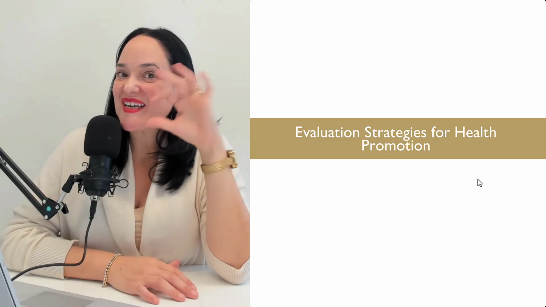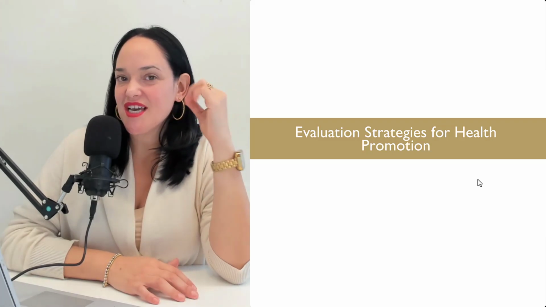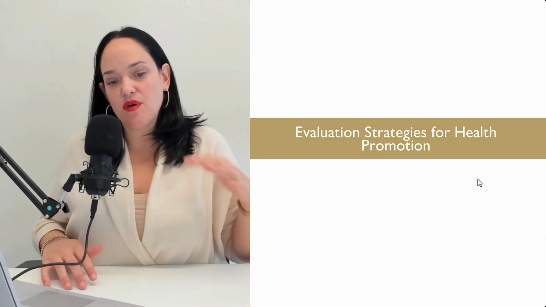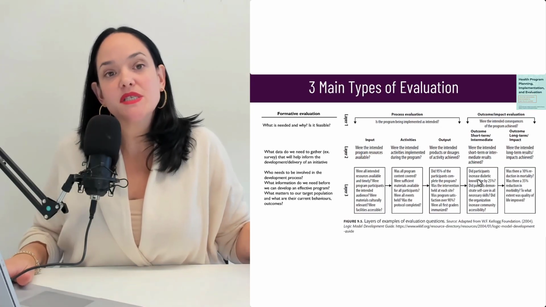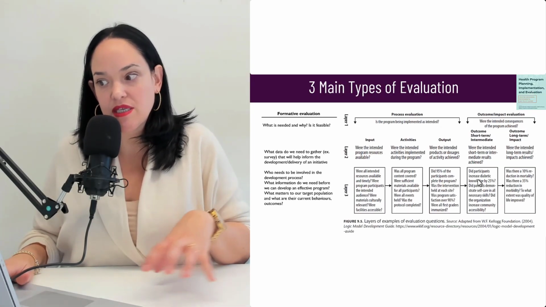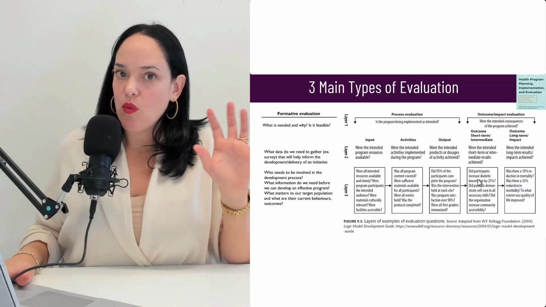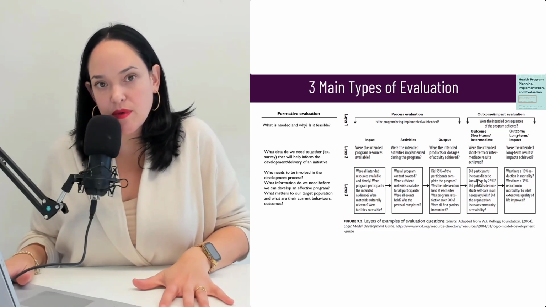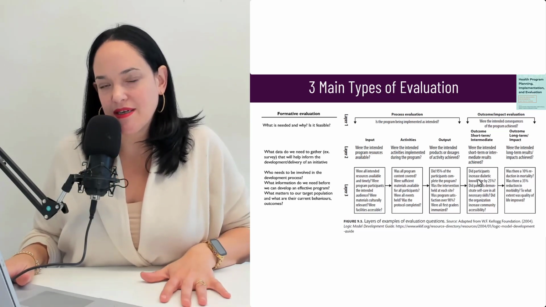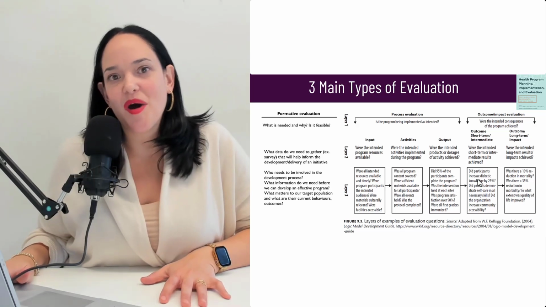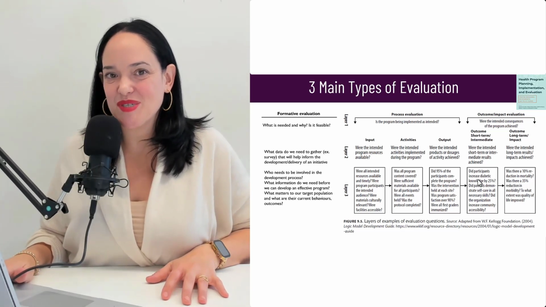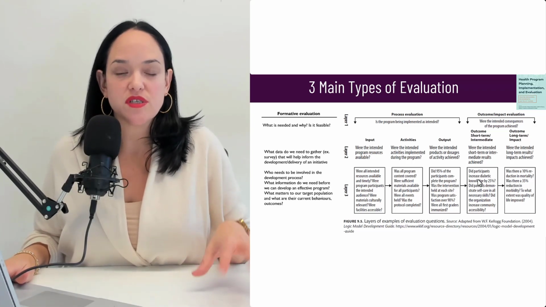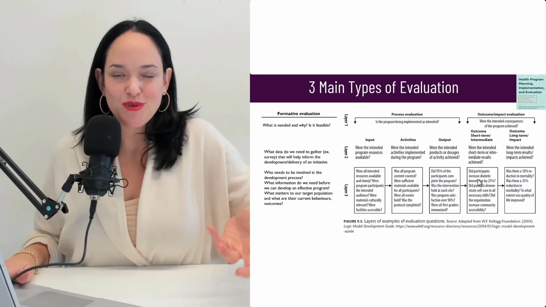In this unit, we have been talking about evaluation, like how do we find if our program is of value? And although we've talked about the three main types of evaluation, formative, process, and outcome evaluation, we haven't really talked a lot about how we design our evaluation strategies and how we collect data as well. So obviously, I'm not going to go over all the different types of strategies that we can use for evaluation, but what I'm going to do is focus this conversation on ones that can help you do your project this